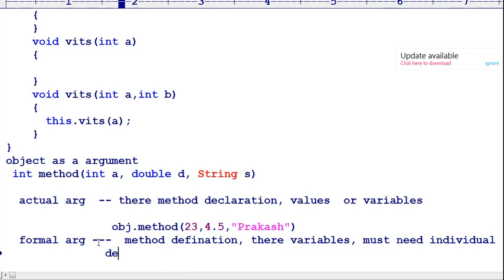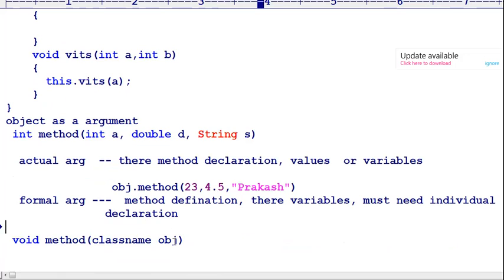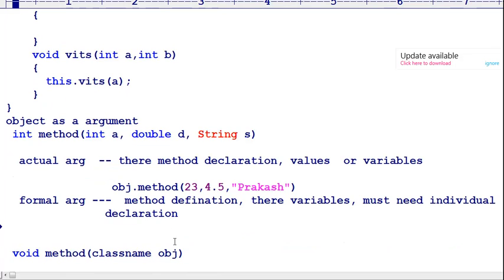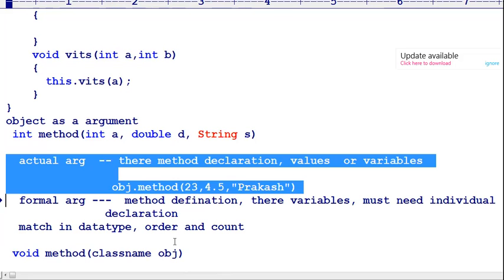When you observe, we are declaring individually: int a as an individual, double d as an individual, String s as an individual. The formal and actual arguments must be matched with respect to data type, followed by order and count. How many arguments there are, you have to pass the same number of arguments. It should be matched. It is the data type you can understand.